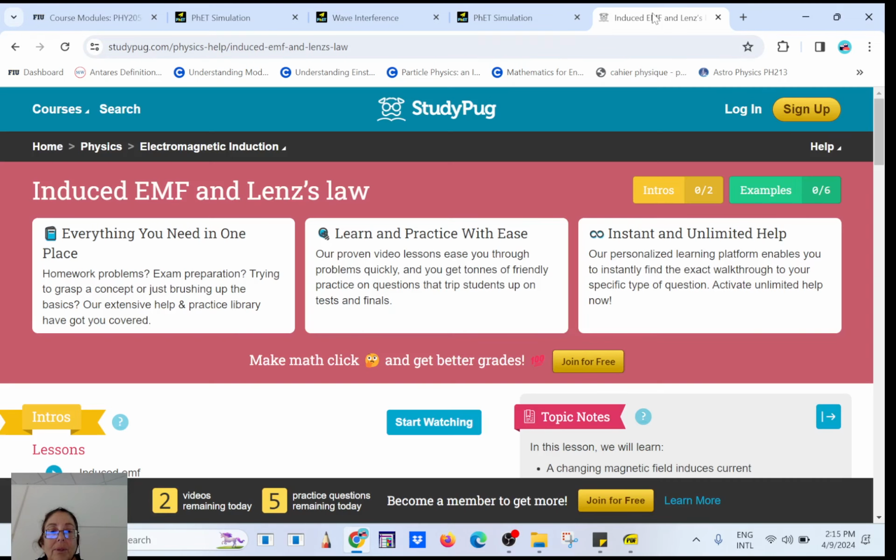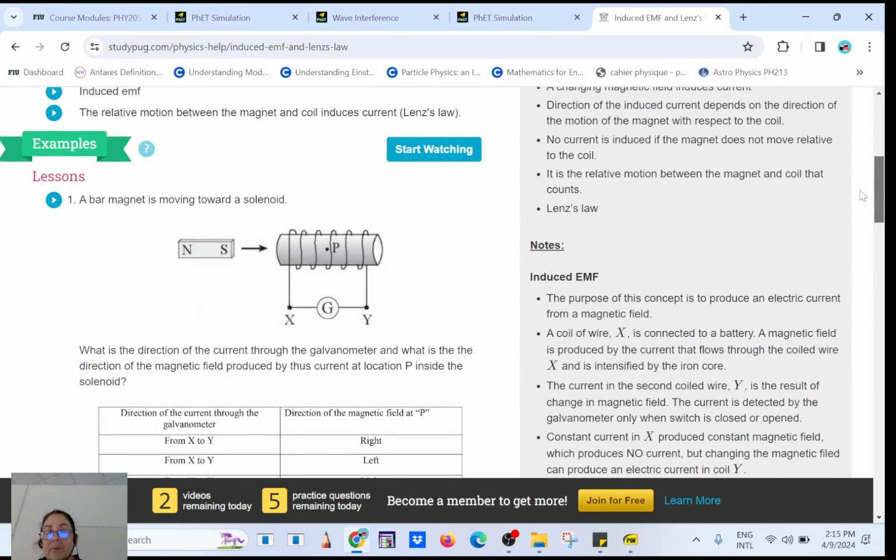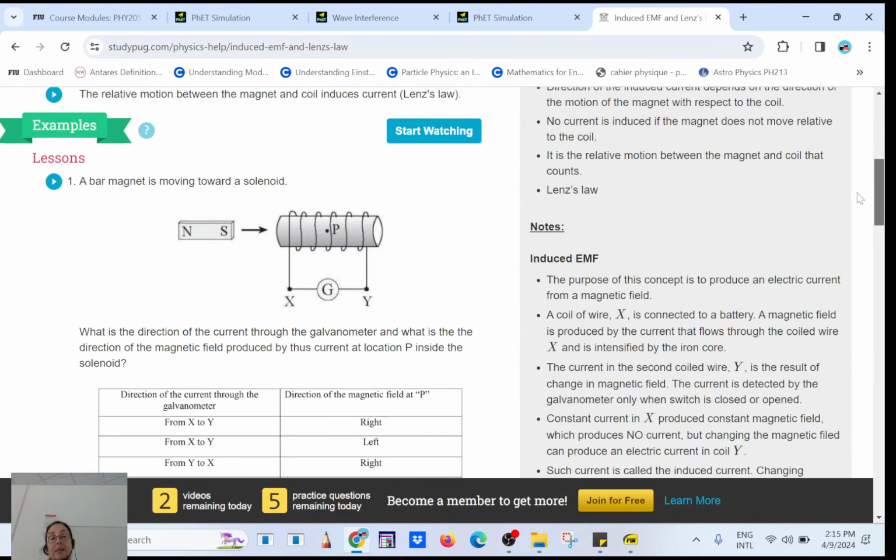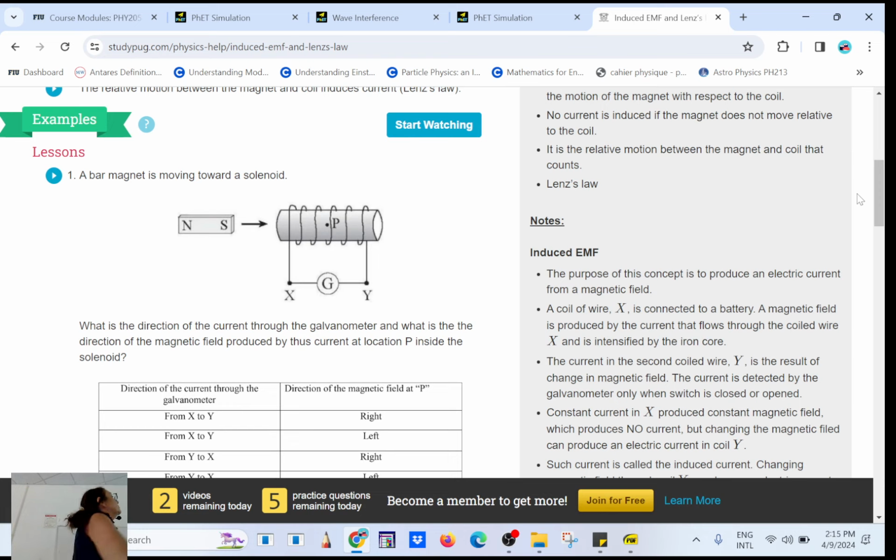Okay, cool. So Lenz's law. You're going to have something like this. A magnet comes toward the coil. The coil is connected to a galvanometer to measure the current, so it's not a power supply, and there is no current flowing. You bring the magnet toward the coil, and the induced current is going to flow in such a way that